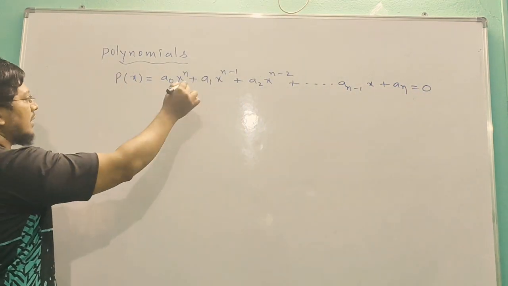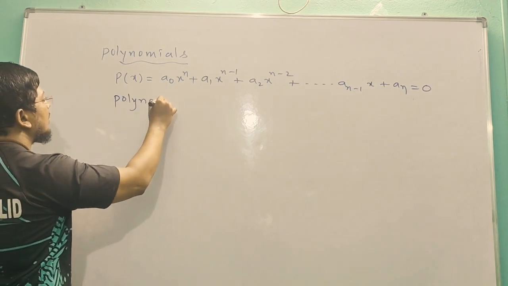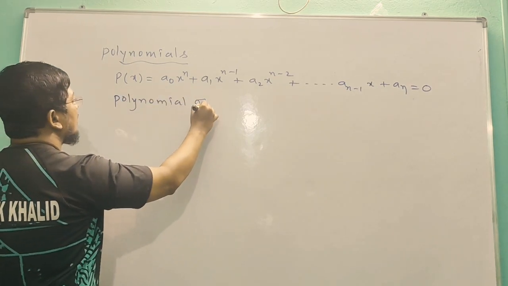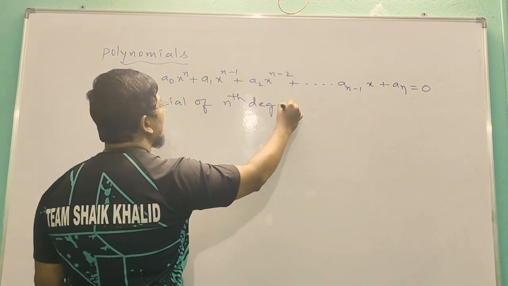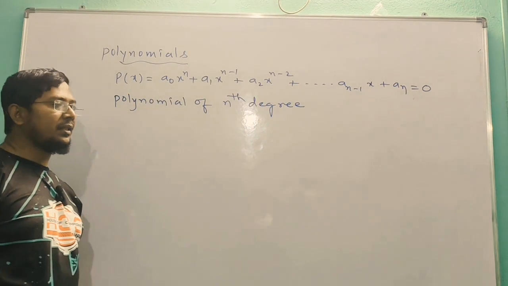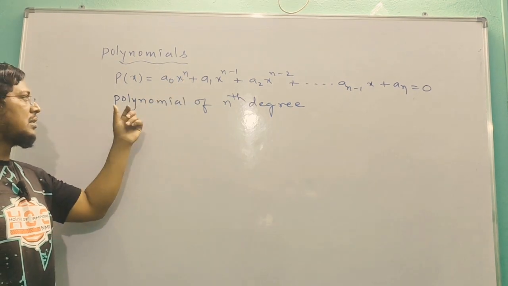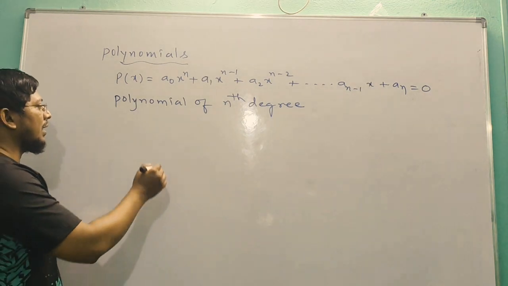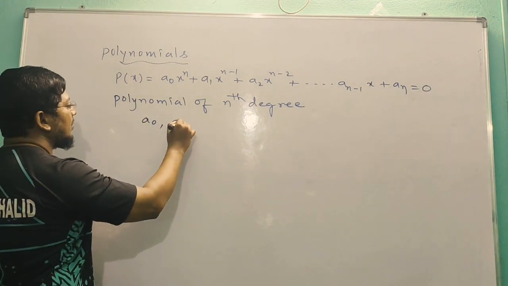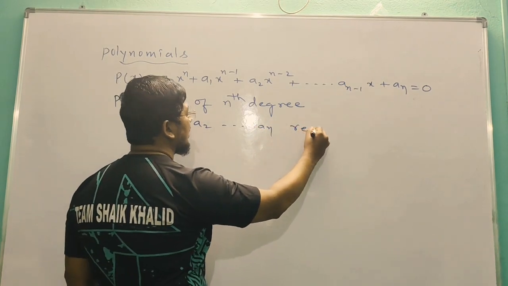So this is known as a polynomial of nth degree, because the highest power of x is n. And a0, a1, a2 so on to an are known as